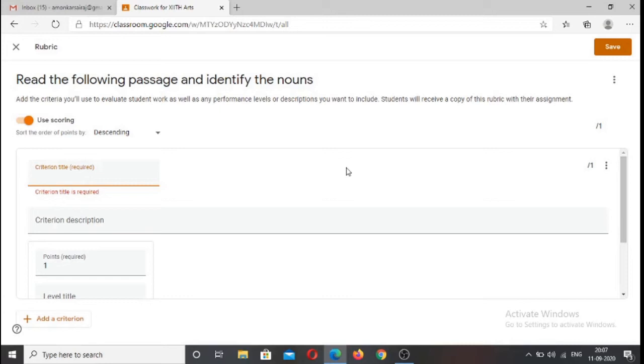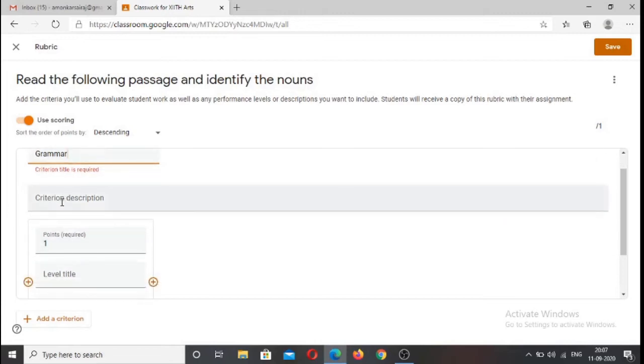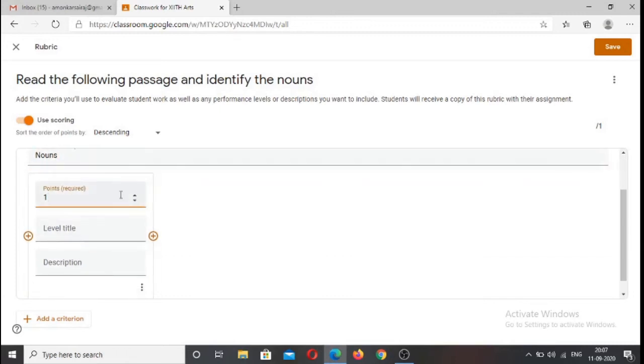Say the question, it is all about grammar, so I will just say grammar. Okay, and criteria description, identifying nouns, so it will be nouns. So if a student scores 5 points, so what you will say, the level.